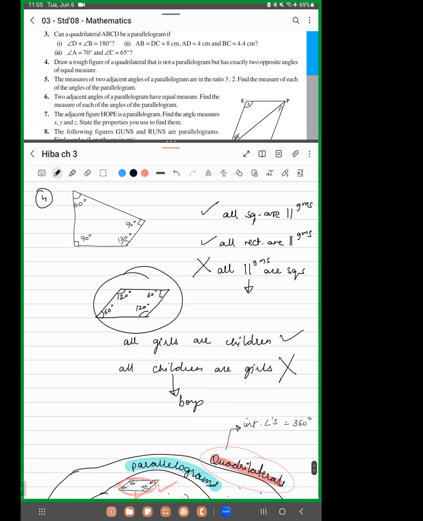You can try different types of rough figures for this. हिबा, फोर्थ वाले क्वेश्चन को ना आप अलग अलग तरीके से ट्राई करिएगा. ऐसे ट्राई करिएगा कि ऑपोजिट एंगल्स जो है वो इक्वल मेजर होने चाहिए, जस्ट लाइक ओवर हियर these two are opposite angles, है ना, but these two should not be equal. But I didn't understand. You didn't understand what? The fourth question. See, the fourth question is saying, देखो इस टाइप के क्वेश्चन आपके एग्जाम में नहीं आएंगे, but still just to clear your concept,